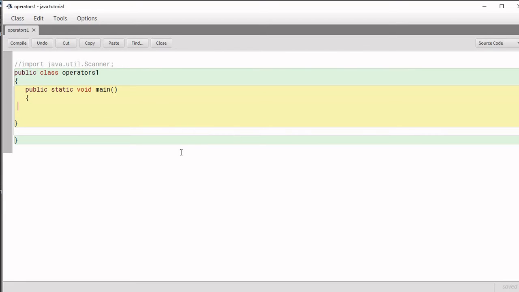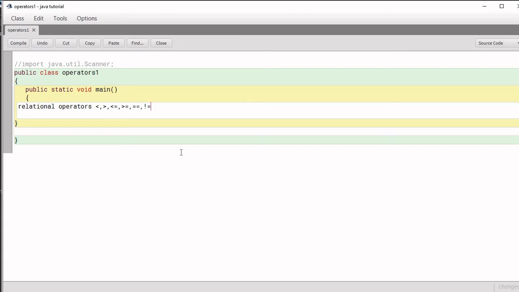Now the next category is relational operators. These are also binary operators, and these operators are used to compare any two values. Simply, these are less than, greater than, less than equal to, greater than equal to, equal to, and not equal to.